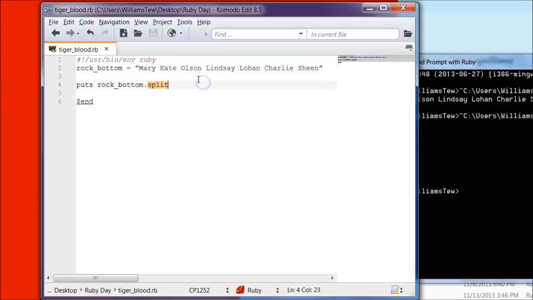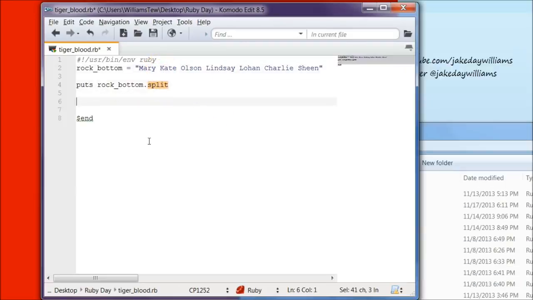So let's do a date real quick. So we're going to create a variable called date, and on this one I want you to pay close attention because I'm going to make a mistake, and I want you to see if you can catch it before we actually pull it into the Ruby command prompt. So let's create our variable called date, and we're going to make the date 11/17/2013,